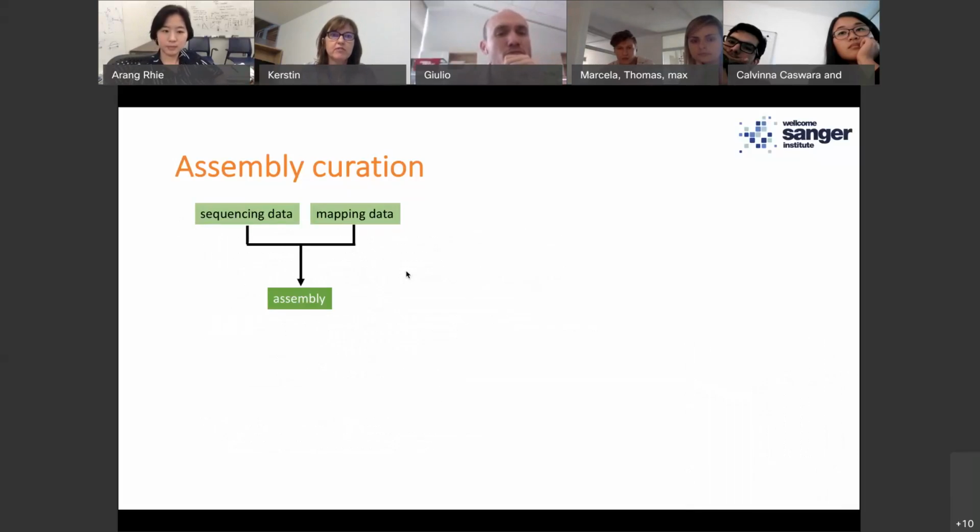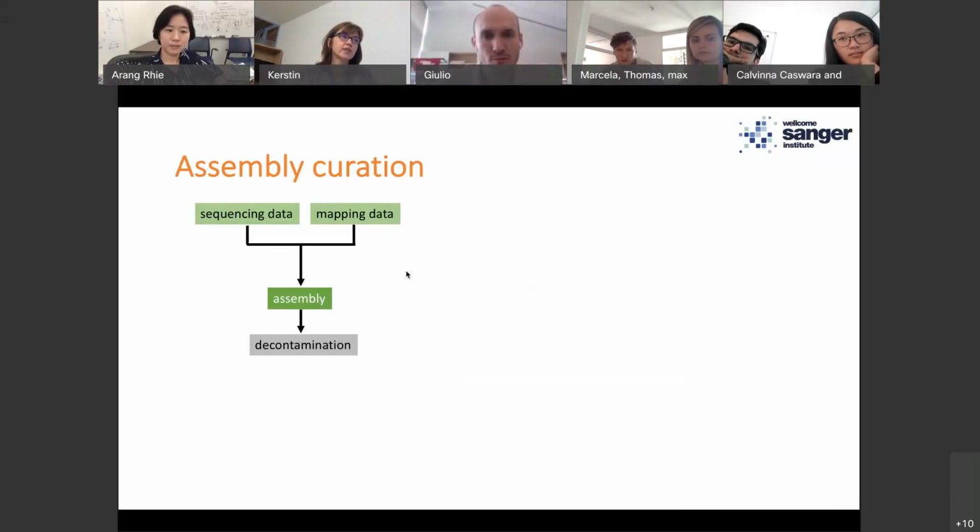So the assembly curation process starts off with the assembly that you are handing over to us. And it also includes all the sequencing and mapping data that you've been using to create this assembly. So the first thing we are doing is we take this assembly and we run it through decontamination, where we are trying to remove artifacts. We are masking out vector and adapter sequence. We are setting aside organelle genomes like mitochondrial genomes. And we are trying to find out whether any other sequencing data that has no place in this species assembly